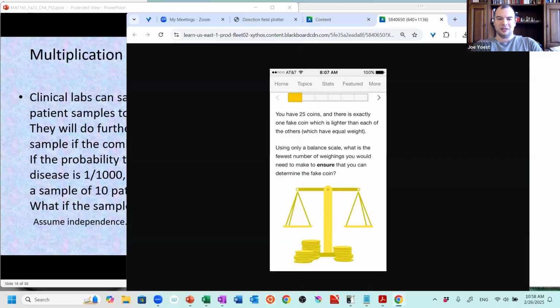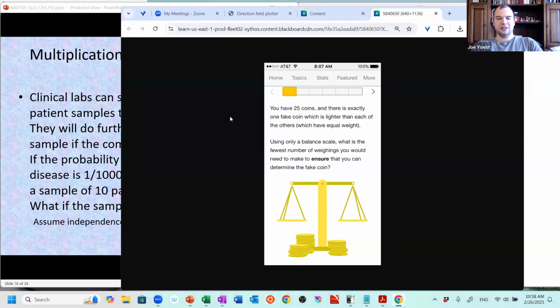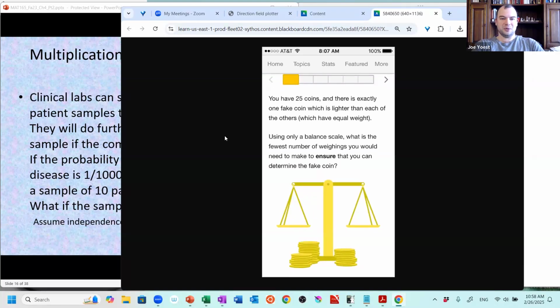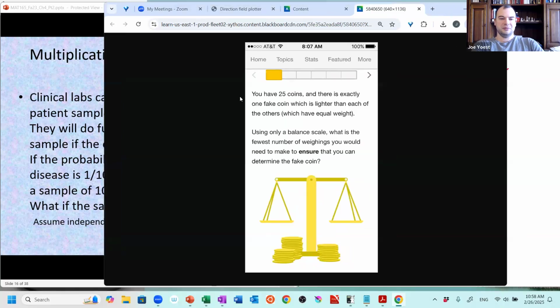There we go. In the supplemental materials folder, supplemental materials, chapters 4 and 5 folder, there is a little picture, and it's called the coin balance problem. And here's an interesting little question. I actually really like this question. This was from an app called Brilliant. And this was several years ago that I encountered this, but I saved it, and I sometimes use it as an example in stats whenever I know that there are quite a few folks in kind of the computer science realm. And here's the question. I promise it does actually tie into what we're discussing here.